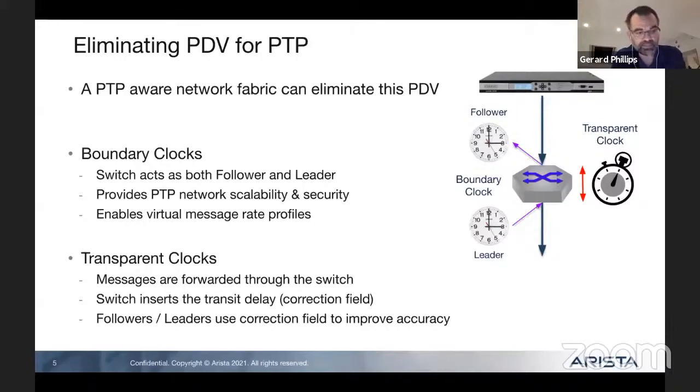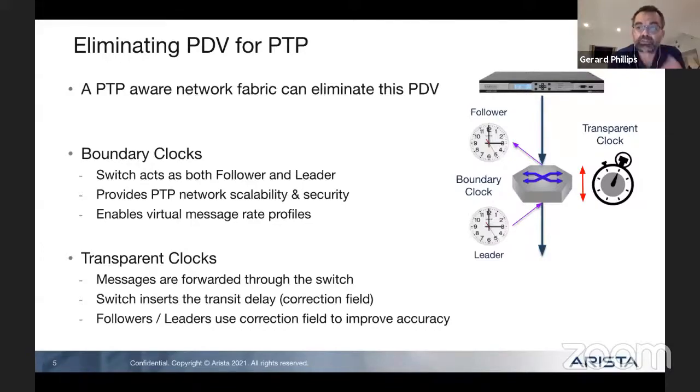And what we have is a time-aware, PTP-aware network. We've got two methods we can achieve this with. There's a transparent clock and there's a boundary clock. And they're subtly different. They achieve the same thing in different ways. Boundary clocks, essentially, the switch will create a local copy of the upstream clock. It becomes a follower, creates an accurate version of the clock, and it then serves that everywhere else. So because the traffic doesn't go through the switch, there is no jitter, because what you're measuring and locking to are point-to-point links. It's very accurate.